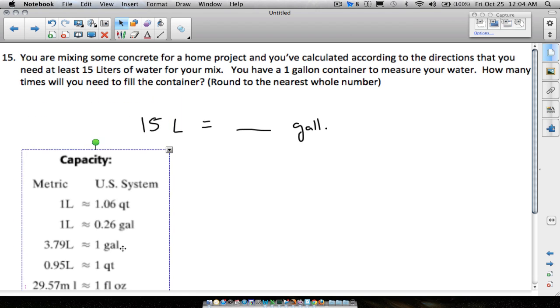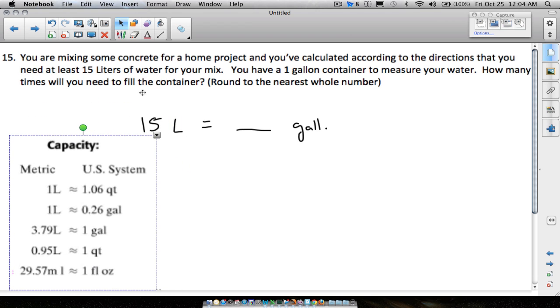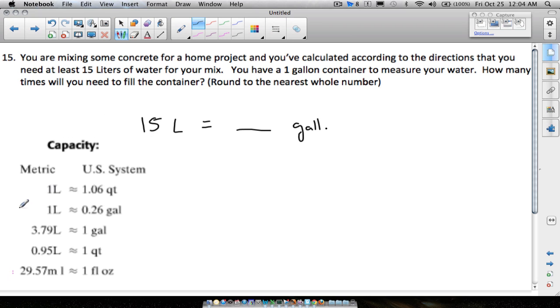The reason why I'm copying this table over is because liters is in metric and gallons, that's in US measurement. That's exactly what we have here. Now, we're in a predicament. I talked about it earlier in the video. Which one of these do we want to use? Because we get two totally different answers, or at least we did earlier in the homework.